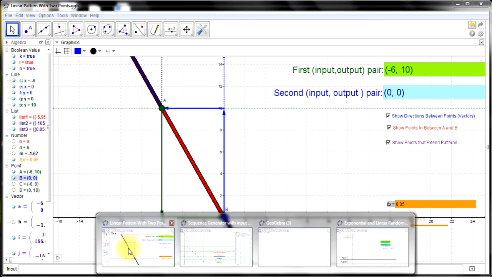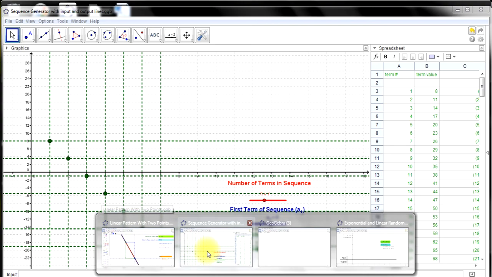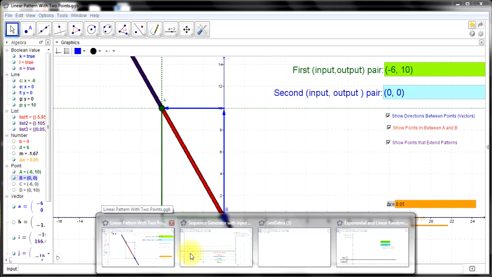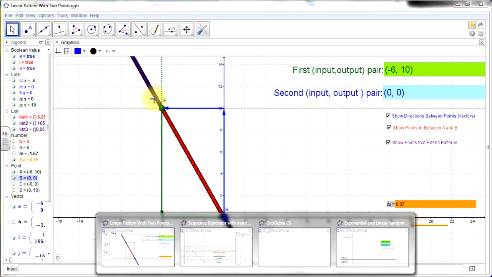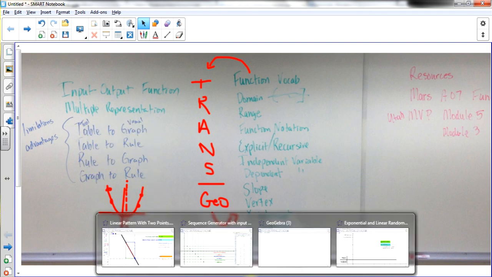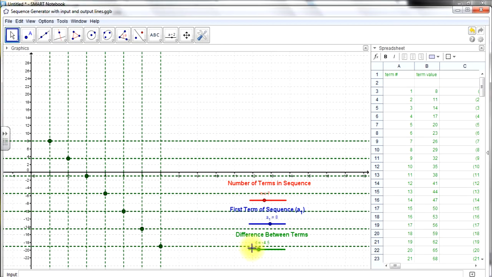So those are the 3 apps that I have, kind of working on linear patterns, exponential patterns, and building some function concept here with the linear pattern with 2 points app. Is kind of neat. Alright, so that's kind of where I'm going with what we're talking about with number patterns. Okay, being able to go from table to graph, table to rule, rule to graph, and graph to rule. So being able to translate, I think these apps are going to do a lot for,